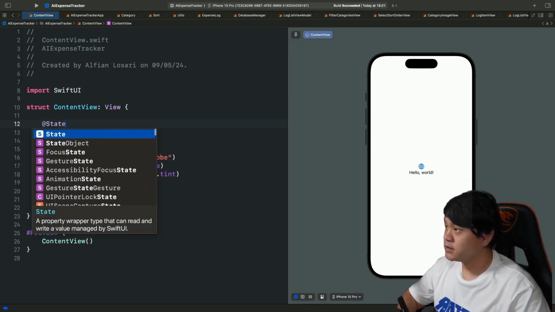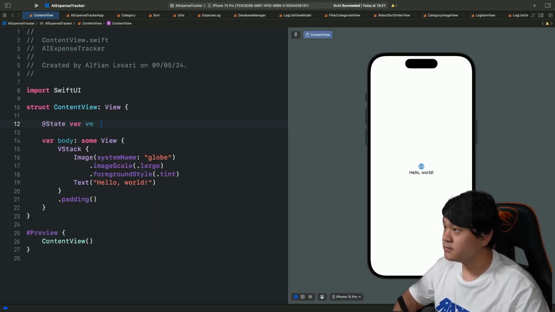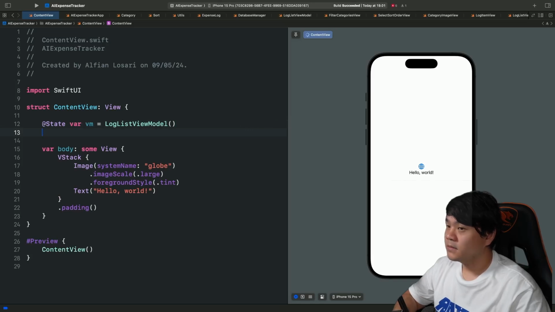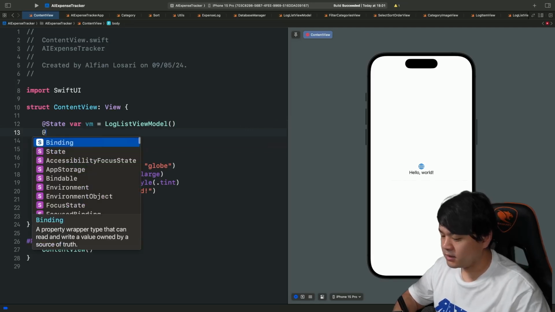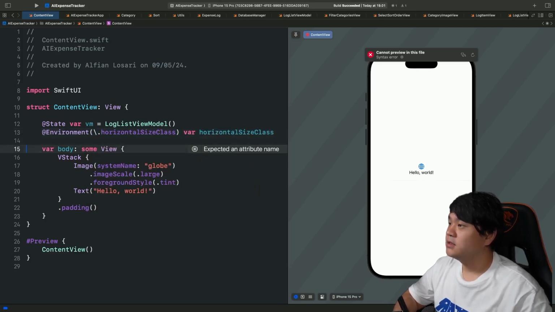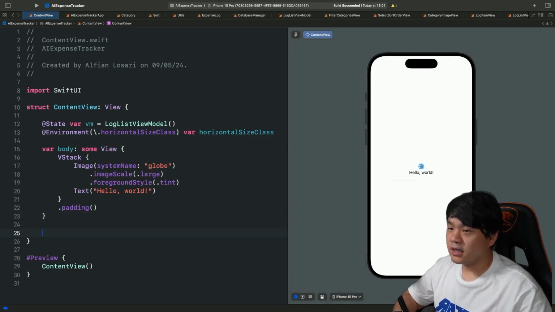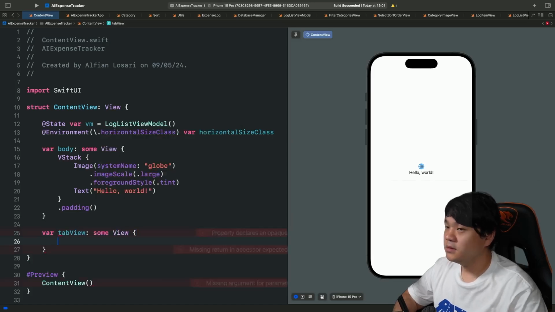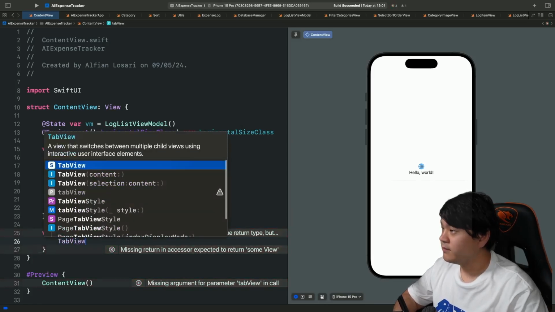So let's declare a state var VM. Let's initialize the log list view model. And second, let's declare an environment using the horizontal size class key and give it a name of horizontalSizeClass. Now let's declare the tab view first. Some view. So here, tab view,